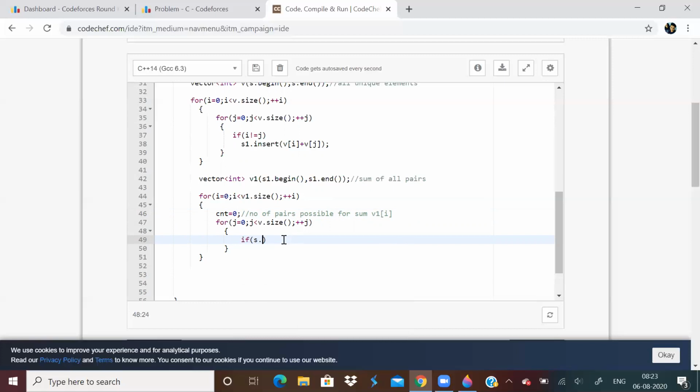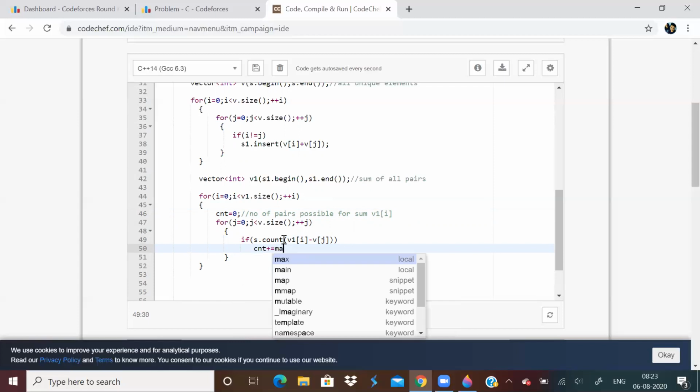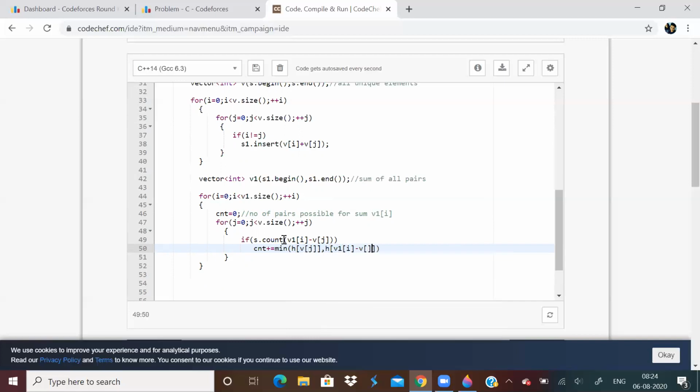Now I'll say if s dot count v1 of I minus v of j, count plus equal to minimum of h of v of j comma h of v1 of I minus v of j.